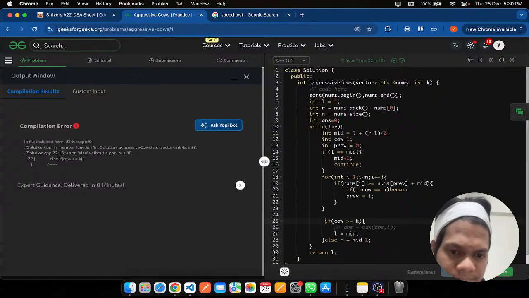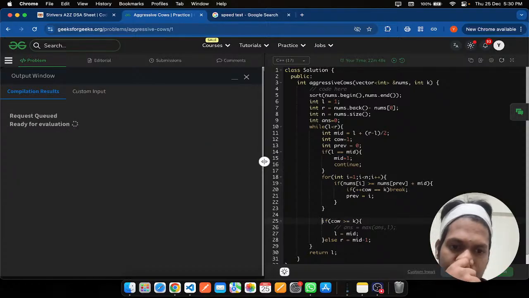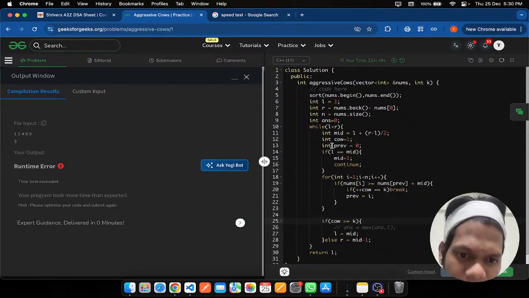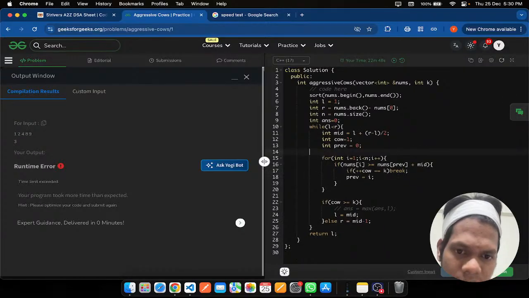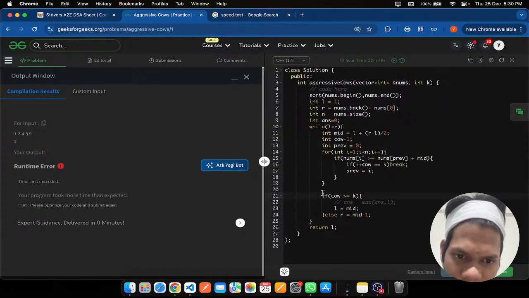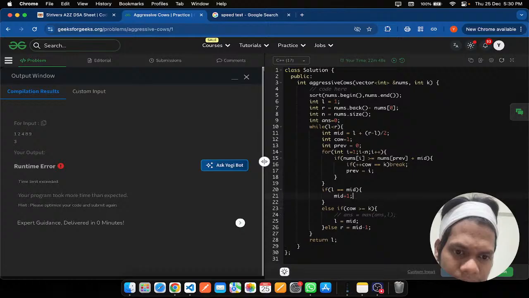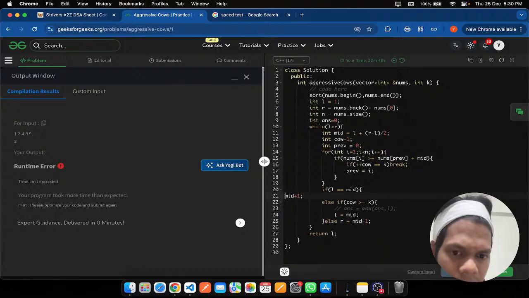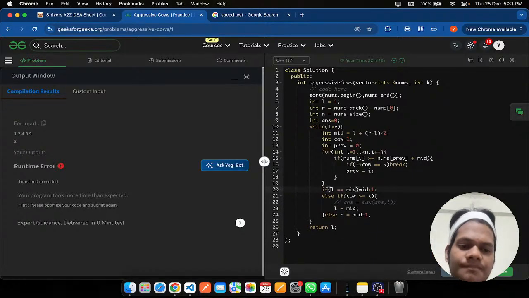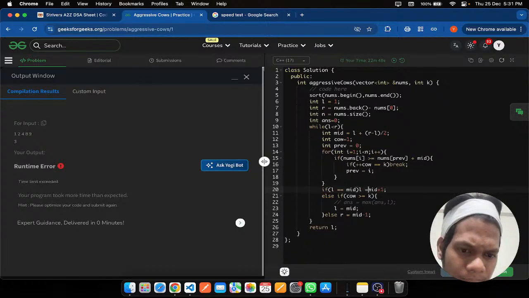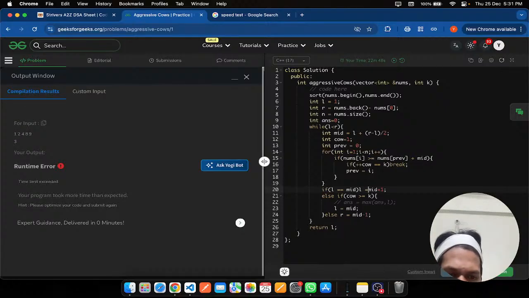Continue, and still runtime error means everything is fine at the top. I just have to debug it. I don't know what I am just doing. But wait,